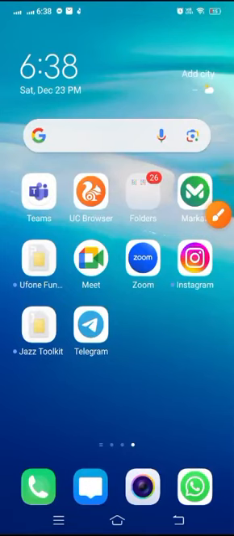Welcome to ATech. Today we will discuss how you can use two Telegram accounts on one phone at the